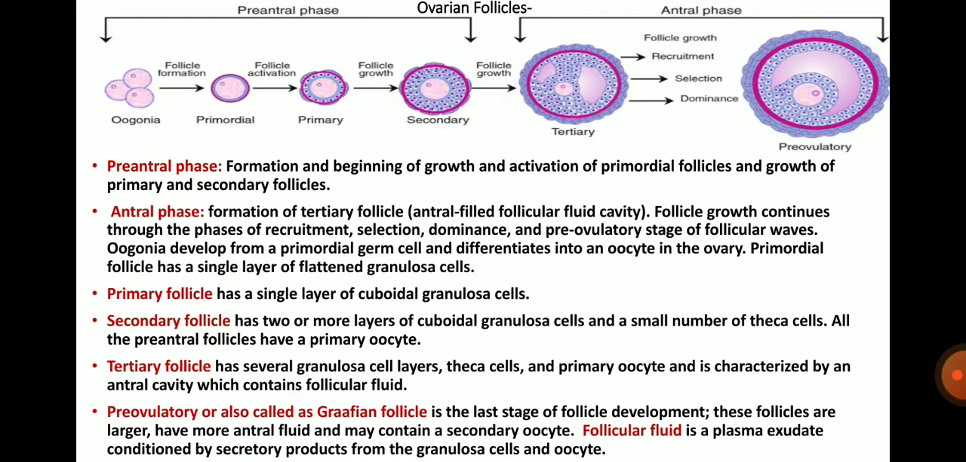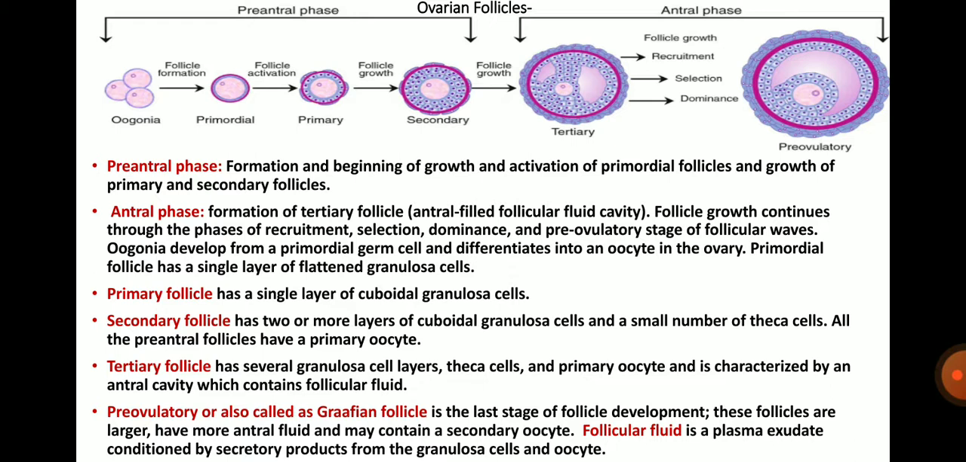The follicle growth continues through the phases of recruitment, selection, dominance, and pre-ovulatory stage of follicular waves. Then oogonia develops from a primordial germ cell and differentiates into an oocyte in the ovary. Primordial follicle has a single layer of flattened granulosa cells or squamous cells. I just mentioned about it. Then the primary follicle has two or more layers of cuboidal or columnar type of granulosa cells which enclose the